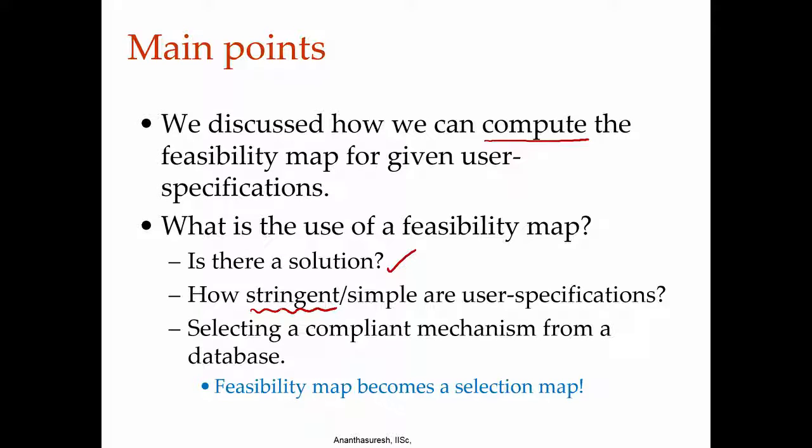Similarly, if the feasible space is very large, then you know that there could be many compliant mechanisms that will do your job, because what you are asking is commonplace. So, your KCI, KCO and n are all over the place, wide range, that one can expect that there will be mechanisms to meet your specifications. Now, let us say that you have done that, you understand that there is a solution and whether stringent or simple specification that you have. What we will discuss next is how to use this feasibility map to actually select a compliant mechanism.